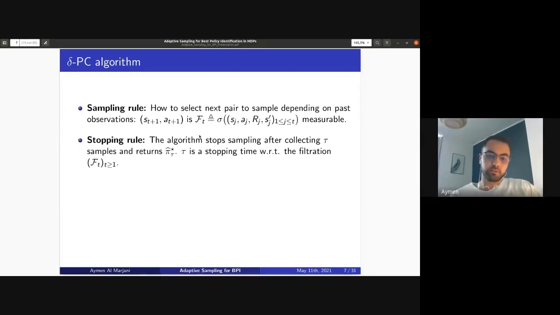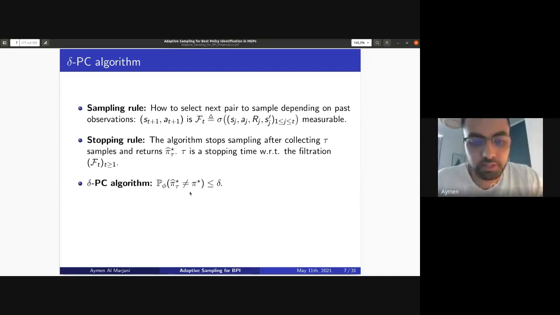And it consists also of a stopping rule, which tells the agent that it has gathered enough information so it can stop and return the empirical optimal policy. And so tau here is the stopping time with respect to the natural filtration of observations, and it will be called the sample complexity. Of course, if the agent stops very early, its estimates might be biased, so it might make some errors in